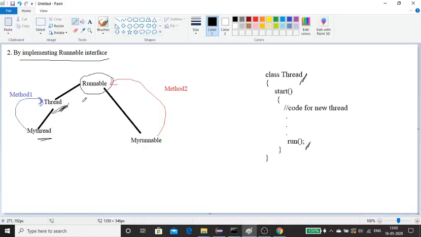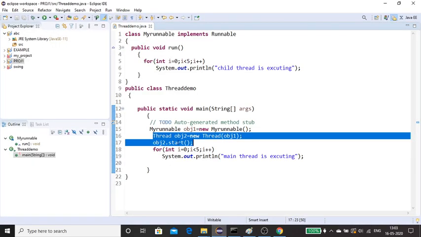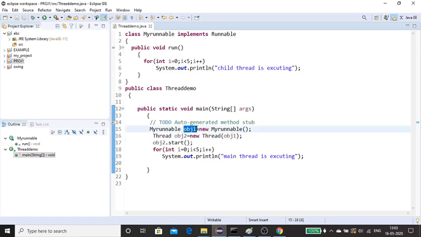So I will establish a link between these two. To establish that link, I'll pass this object of MyRunnable as a parameter to the class Thread, and the link is established.